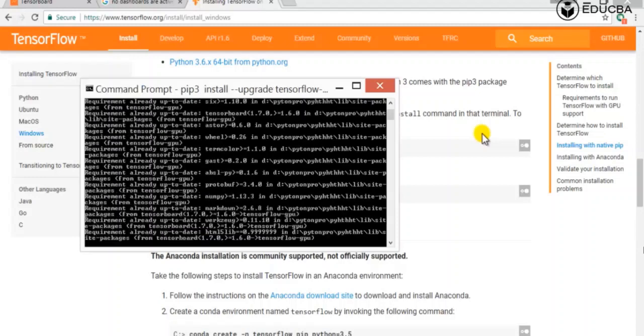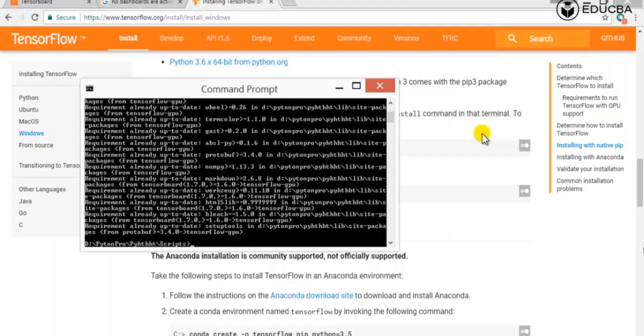And after that, GPU is going to install in this environment. So it is saying that requirement already up to date, because we already have TensorFlow installed with the help of the GPU option. If you are doing it for the first time, it will take time so that the things will install in your system automatically. Now after that, what you have to do is